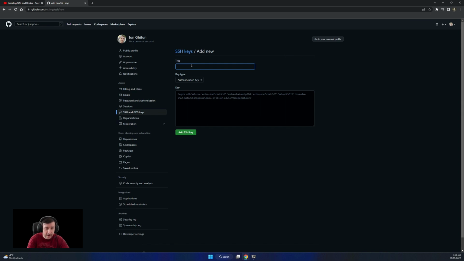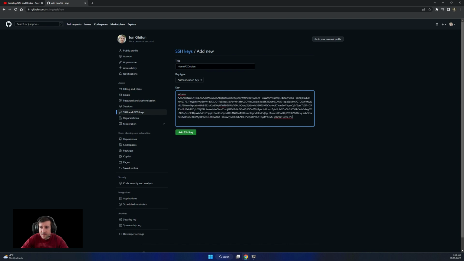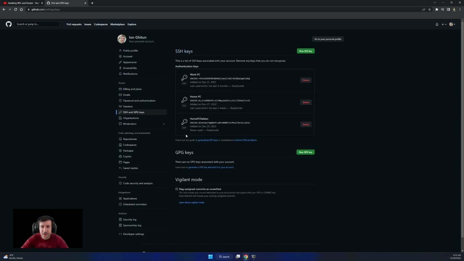So I'll name it, let's say, home PC Debian. It's up to you how you name it, in order to remember it. I paste it here in the SSH key field. That will bring me access to my repos and clone.